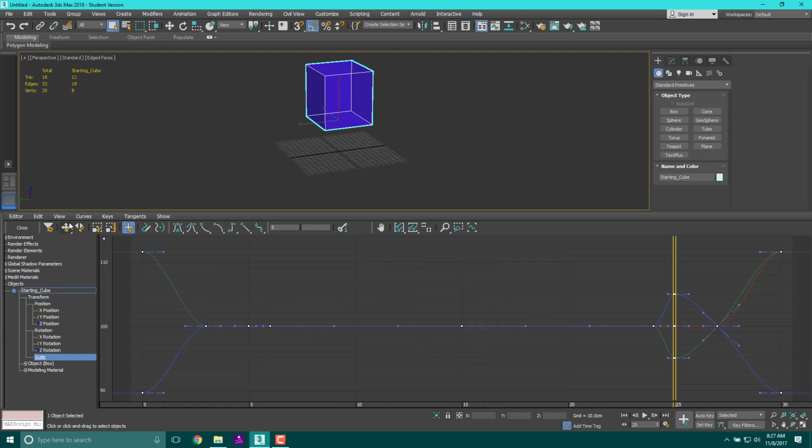I have too many things selected. That's all I want. I just want that one. Is it frame 5? Same thing as I said before. Y needs to be 95. Yes. And Z needs to be 105. And smooth is probably fine for now. We might end up changing it to